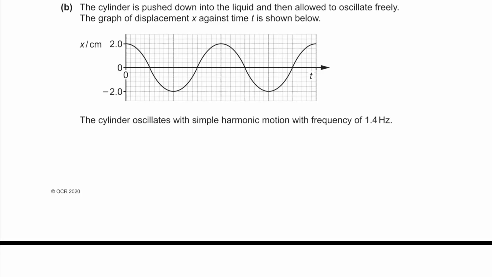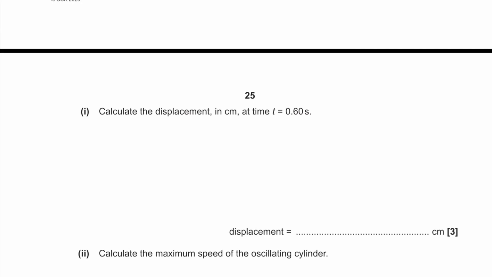B, the cylinder is pushed down as a liquid and then allowed to oscillate freely. The graph of displacement. Oh, this is cool. It's upthrust and SHM. Sweet. Cylinder oscillates with a frequency of that. And we have an amplitude of 2 centimeters. Calculate the displacement at time